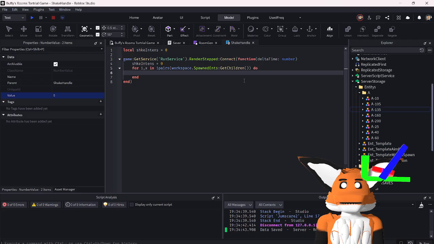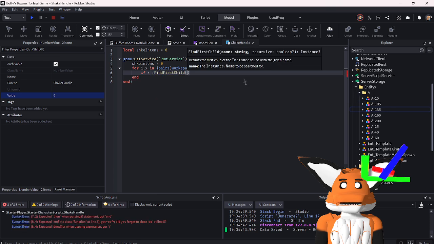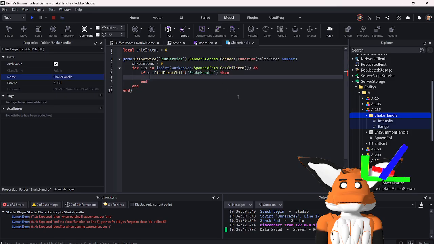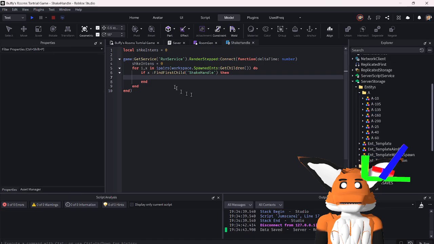Oh yeah. If X find first child, quote, shake handle, then we can actually just delete the whole entire shake handle from A135. We can set,